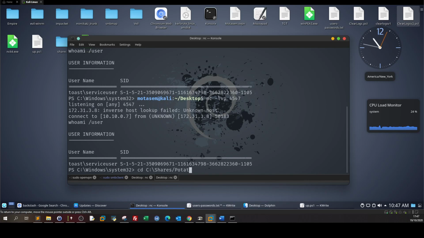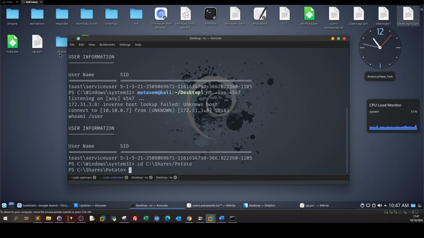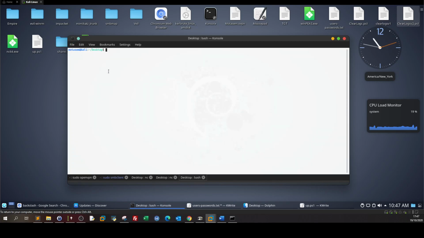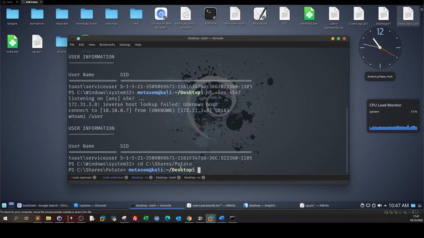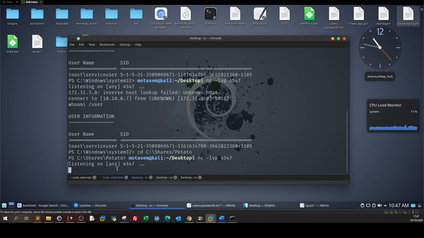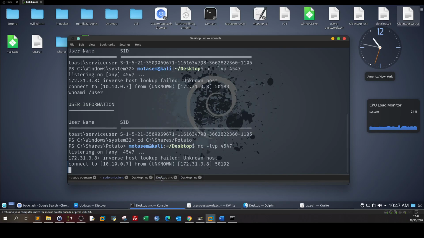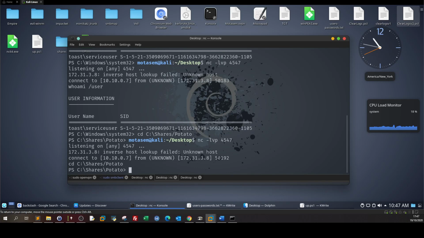Now from here, cd c:\shares\potato, and now we're going to execute another netcat session. Stable. Oh, okay, that's okay. nc -lvp 4548. Again, we died, no problem. We can launch that again. Okay, cd shares potato. All right, now